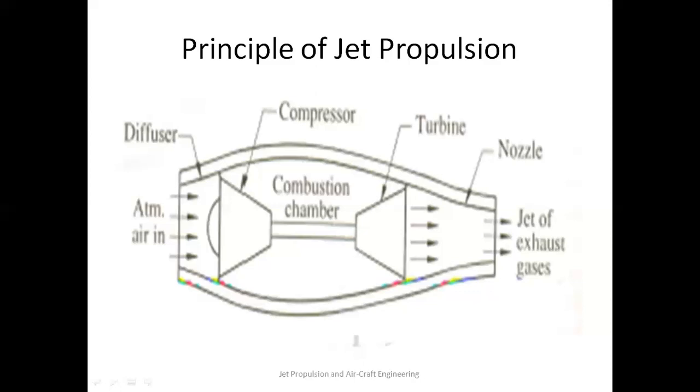The open cycle gas turbine is almost suitable for jet propulsion, in which the power developed by the turbine is used only to drive the compressor and auxiliary equipment. Then further expansion of the working fluid takes place in the nozzle, which is placed just after the turbine, and this unit serves as a jet propulsion device, which is shown in this schematic diagram.